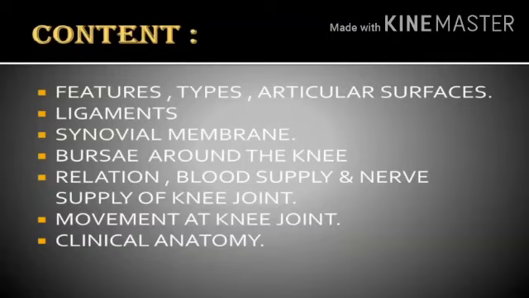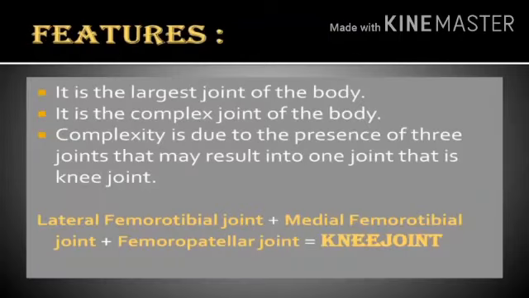Firstly, features. It is the largest joint of the body, as the name says, large in size. It is the most complex joint of the body. Its complexity arises due to the presence of three joints that result in one joint, that is the knee joint. Complexity is also due to the condyle of the femur not being congruent to the condyle of the